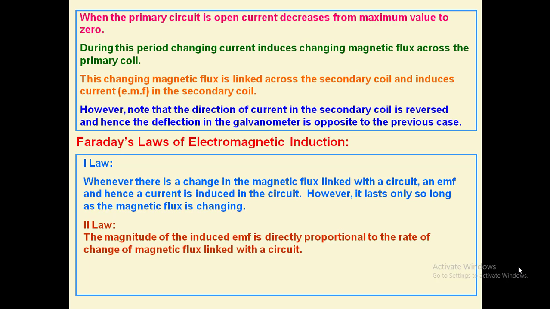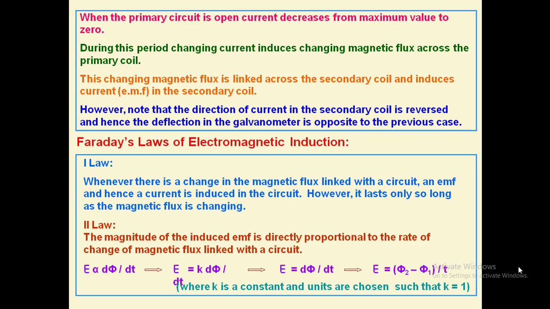Second law. The magnitude of the induced EMF is directly proportional to the rate of change of magnetic flux linked with a circuit. That means more change in magnetic flux, more induced current; less change in magnetic flux, less induced current. So E is directly proportional to dφ/dt. E stands for EMF, and dφ/dt means rate of change of magnetic flux. This implies E equals some constant k times dφ/dt, which implies E equals dφ/dt, where k is 1, which is equal to (φ2 − φ1)/